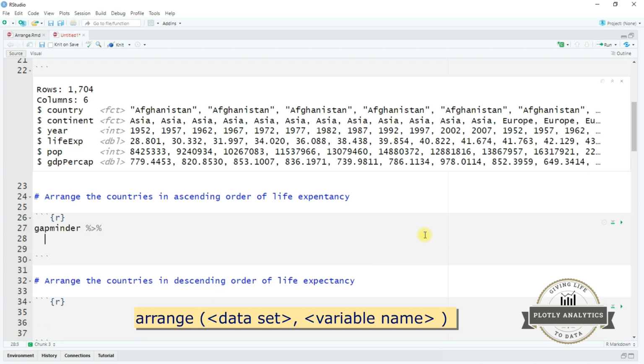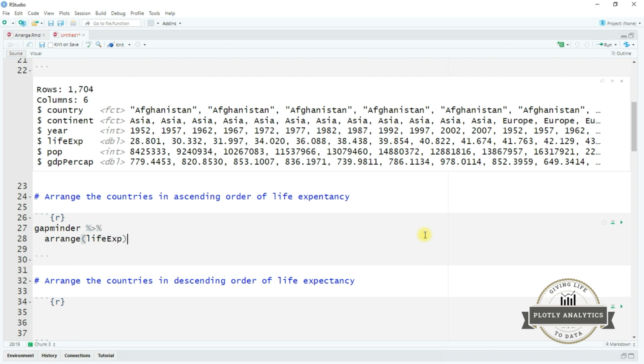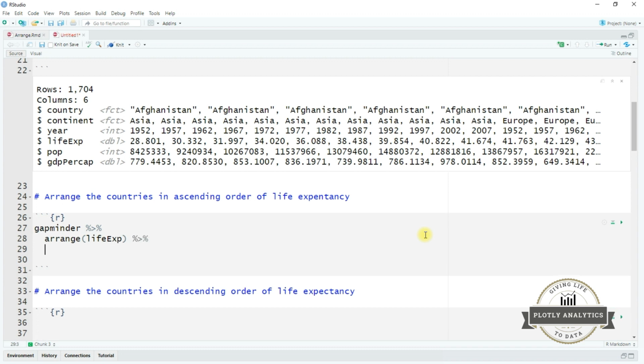So gapminder, arrange, and the name of the variable by which we want to order the rows in ascending order, in this case life expectancy. And I want to see this data set in a separate window in a nice tabular format, so I will use the view function. If I execute this,